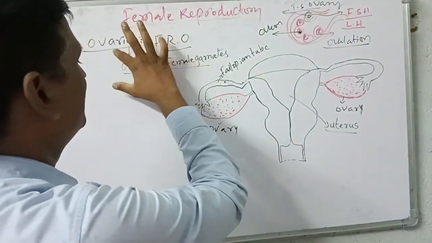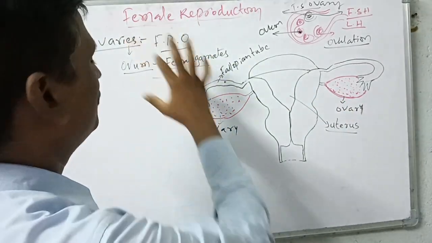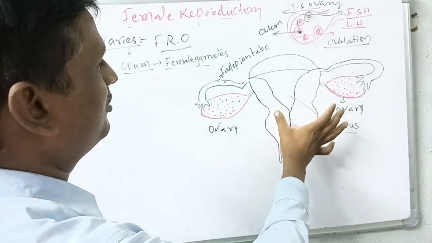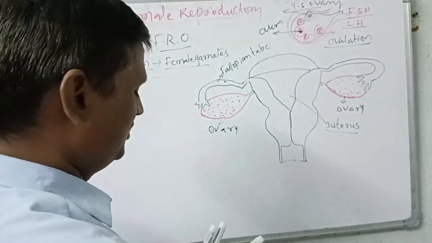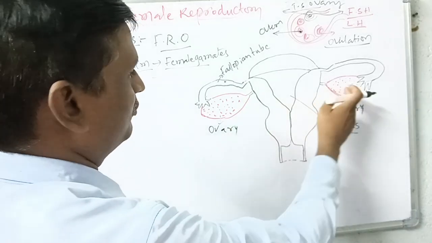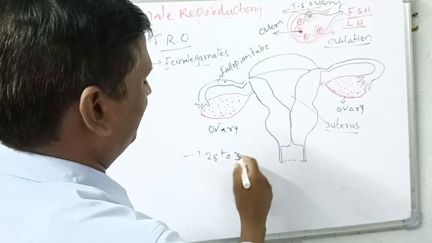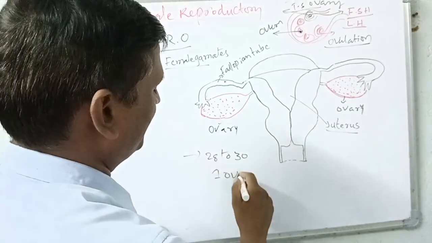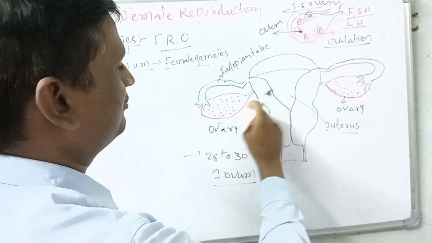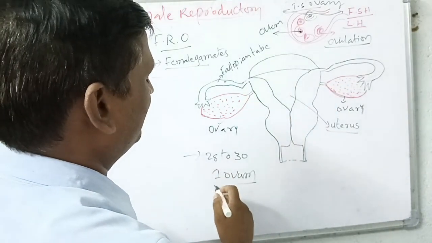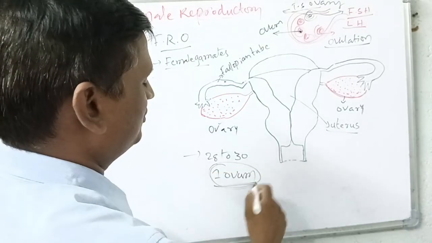So like this, there is a pair of ovaries present in the female reproductive system. These ovaries are present in the lower abdomen, in the pelvic region. The ovaries can produce the ovum, right? Though there is a pair of ovaries, in every 28 to 30 days only one ovum is released. How is it possible? In the female reproductive system, we can observe there is a pair of ovaries, but in every 28 to 30 days only one ovum is released. How is it possible? Because